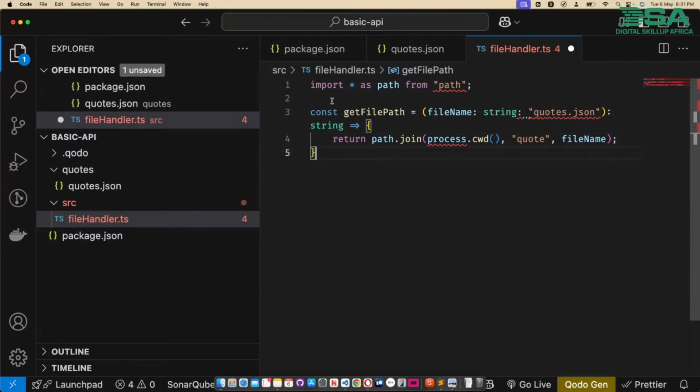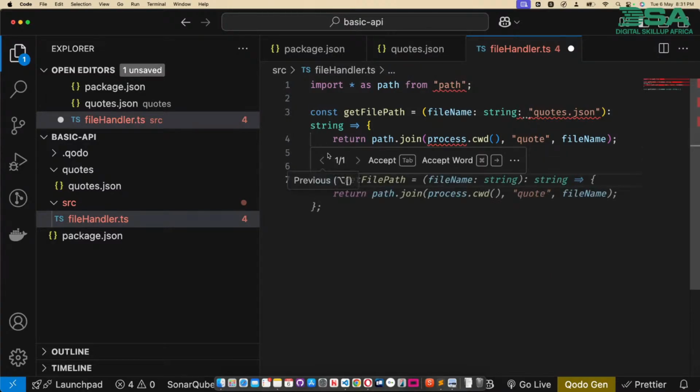But what this is doing is going to return the file path, which we will need, and then a second function that will read the quote from path. So let's